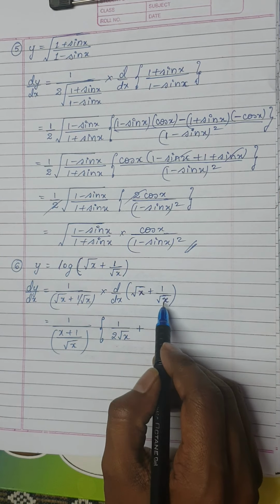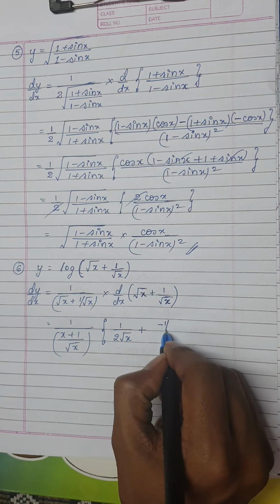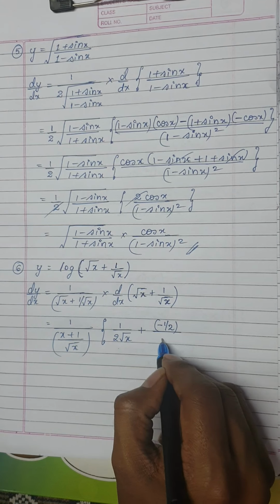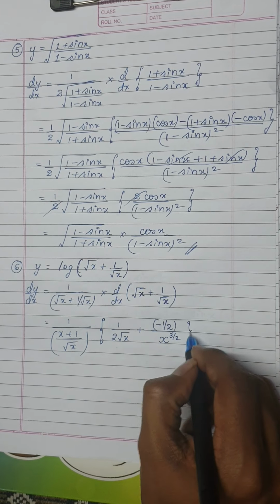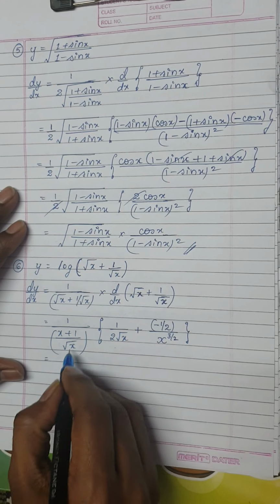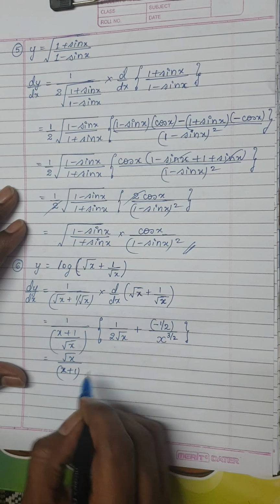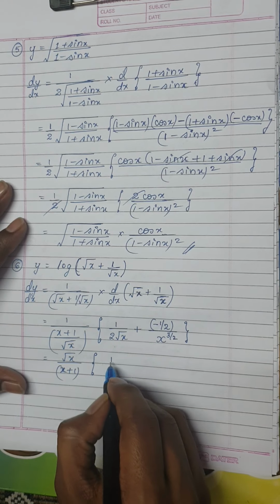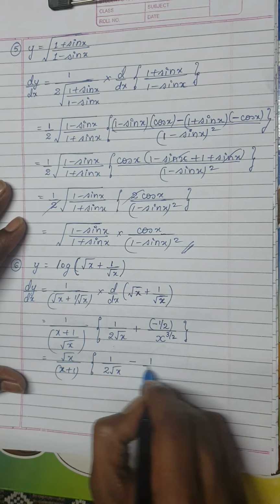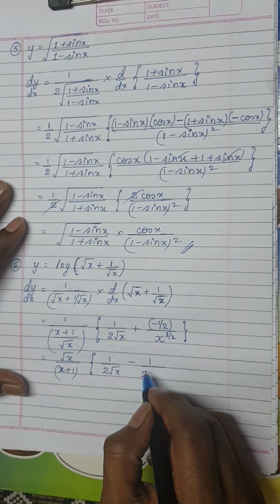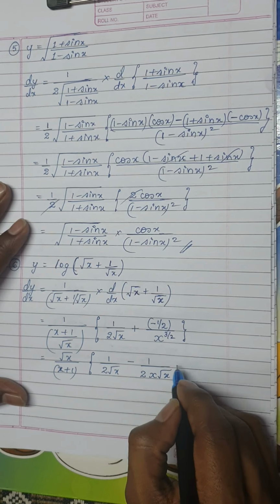So that 1 by x power n derivative is minus n divided by x power n plus 1. So minus half, remember, it is minus half into x power half plus 1. Remember, x power half plus 1 is 3 divided by 2. Okay, now this is nothing but, this root x goes to the numerator. So root x divided by x plus 1 or 1 plus x. Okay, this divided by, I have 1 divided by 2 root x. Now this minus will come here, 1 divided by this 2 I can take here. Okay, 2 into x power 3 by 2 is nothing but x root x, 3 by 2 is 1 and a half.